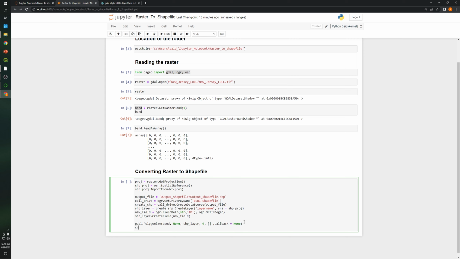To finalize, we need to close the shapefile that we use to store the data by using destroy, and the raster, so we need to empty that variable. So now if I run this,